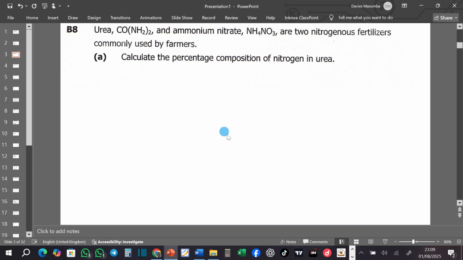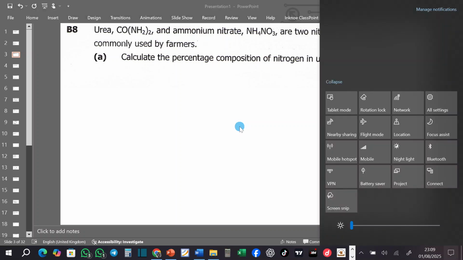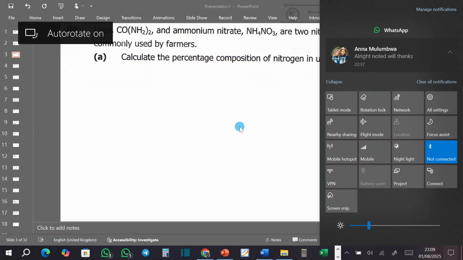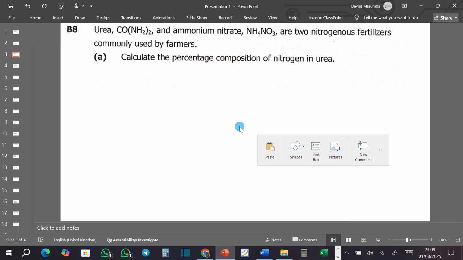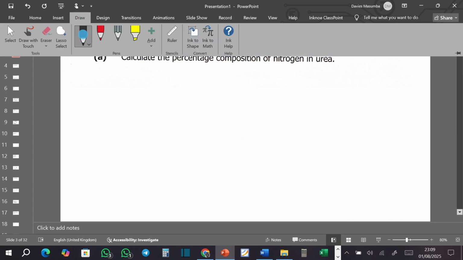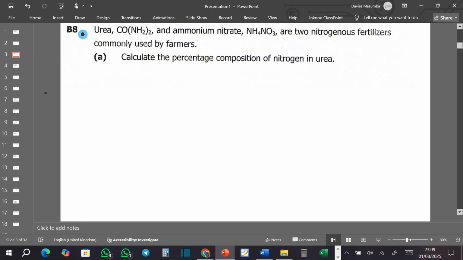So I didn't answer this one because it is coming from mole concept, but still I have to answer it so that I start covering some of the things in mole concept, but I know we already covered mole concept. So in calculating what we call percentage composition, I will just put composition C is